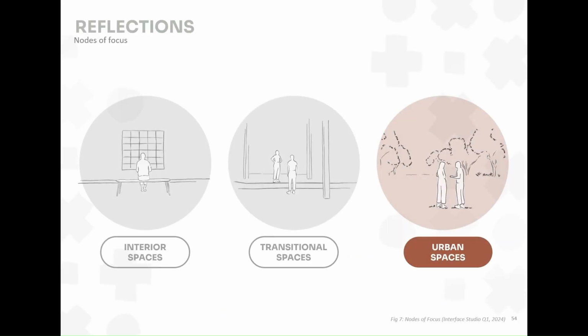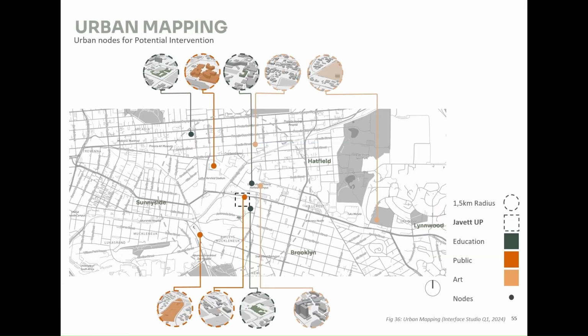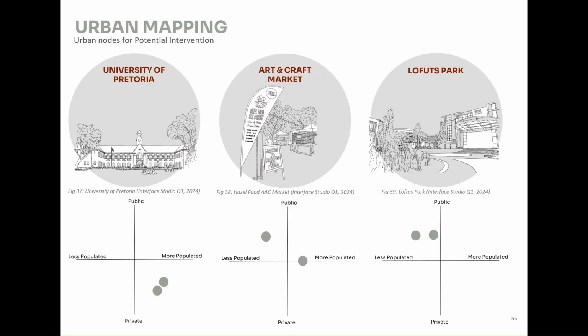Lastly, we looked at the urban nodes. We identified key nodes for potential intervention for analyzing a larger group mapping of the urban spaces surrounding Javid UP. These nodes include the Ola Lawn at the University of Pretoria, the Hazel Food Market, and Loftus Shopping Centre. These nodes were selected due to their high population, which will have better potential for more cultural and knowledge exchange